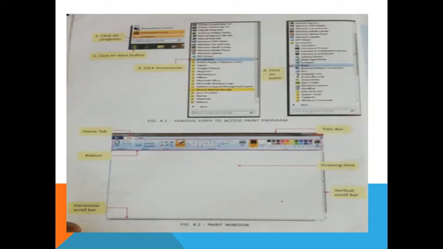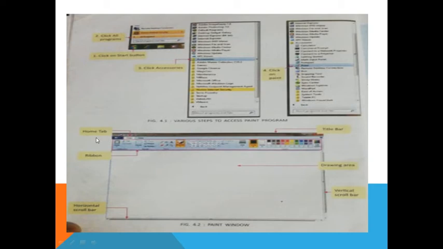See, here are given the buttons, and this is how you will open this. You can see here the name of this Paint. Whenever the process is finished, the Paint window opens.